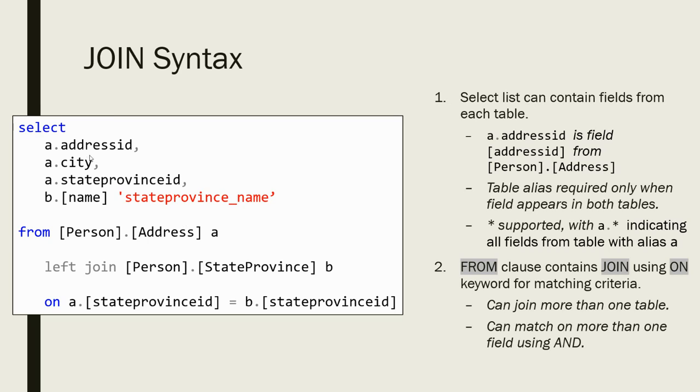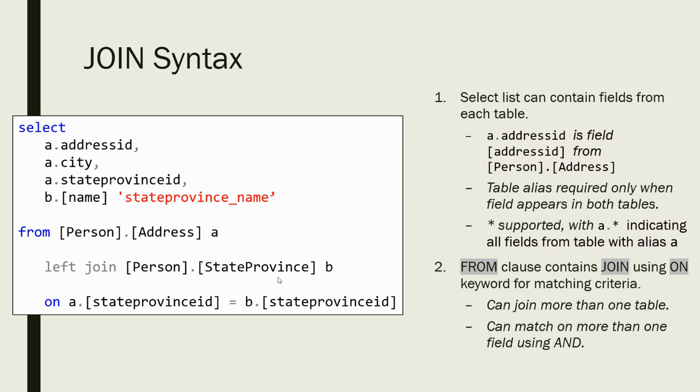So going back to the select list, we talked about the table alias and why this letter is prefixed to our fields that we're requesting. Just to go through this select list in particular, the first three columns or fields are requested from table A, which is the address table, which is our left table in the query. And then the fourth column, the name column, is requested from table alias B, which is our right table,